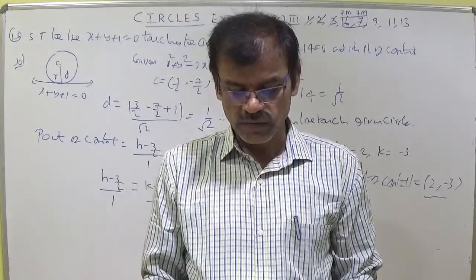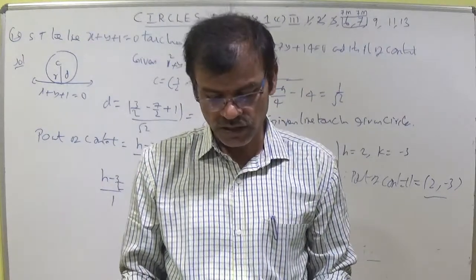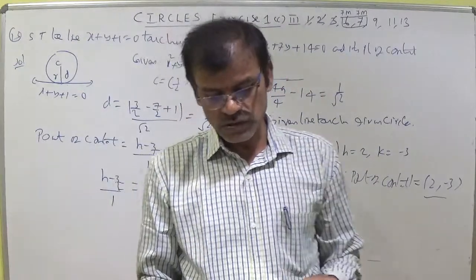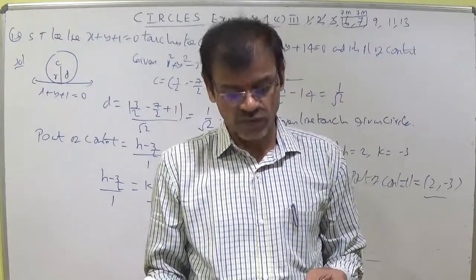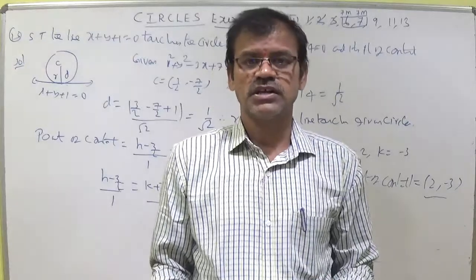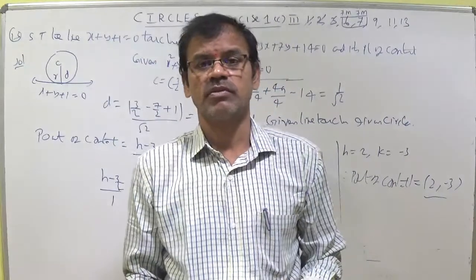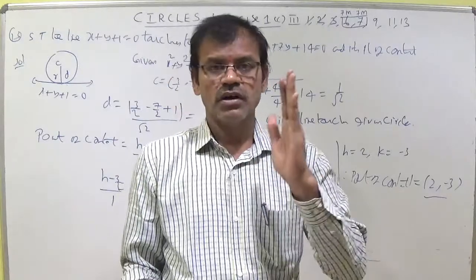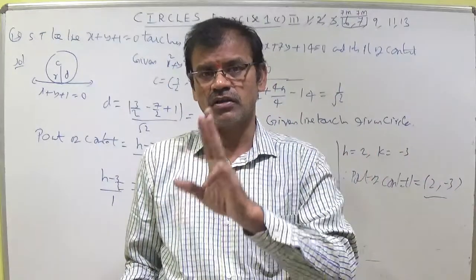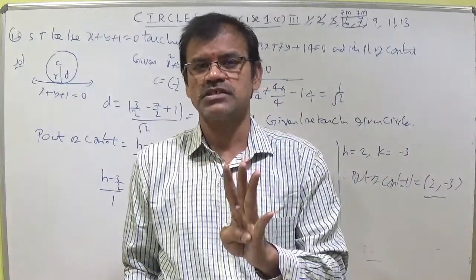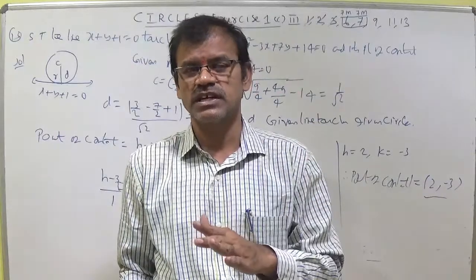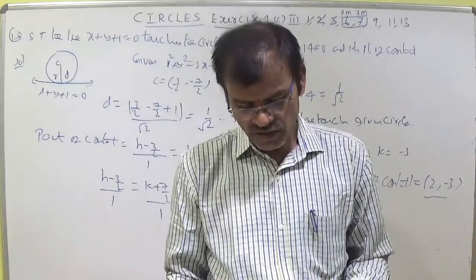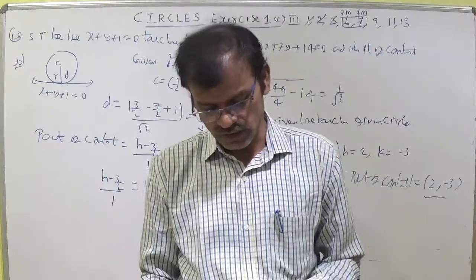Find the equation of circle passing through a point and touching the lines. You should use the R is equal to D concept. Take the center as alpha comma beta, and the circle as x square plus y square plus 2gx plus 2fy plus c equal to 0, and substitute the point (1, minus 1) in the circle, using R is equal to D here and here. You will be getting 4 cases. 2 cases will fail, 2 cases will succeed, and in another model 1 case will fail and 1 case will succeed. If you are having any doubt, you ask me, otherwise simply leave it.